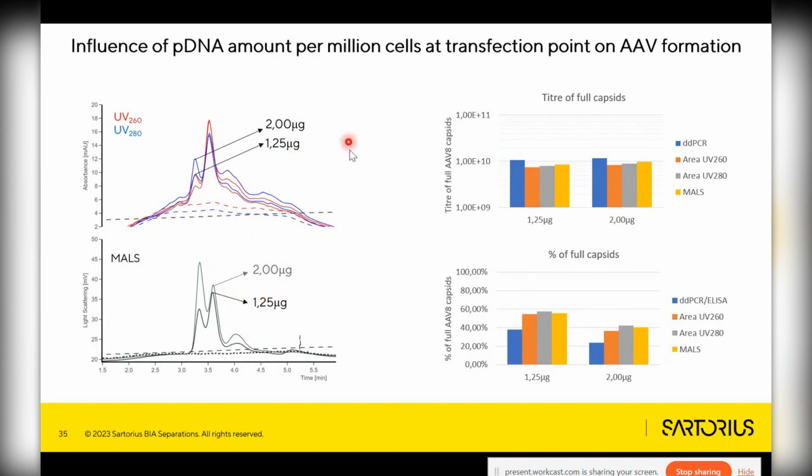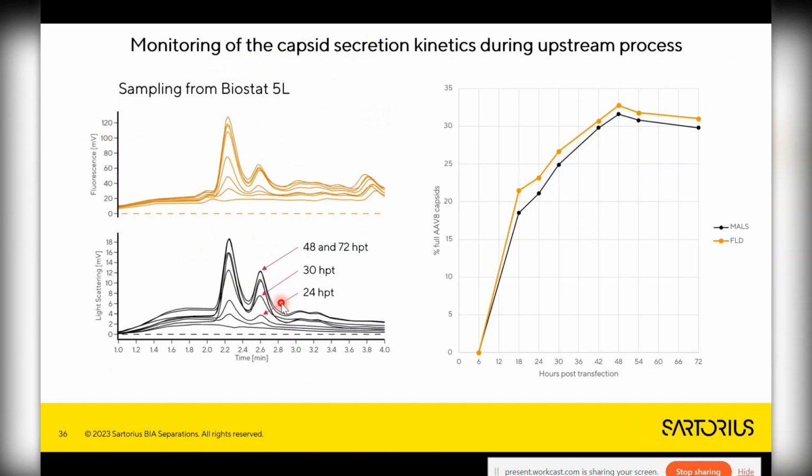Another factor which may also be important to check is the amount of plasmid per 1 million cells. Here we can see that using more plasmid per 1 million cells is only producing empties and these other particles, so it makes no sense to use more plasmid. It's also more expensive. Keep an optimal amount of plasmid per 1 million cells. And you can go further and perform many other tests. You can also